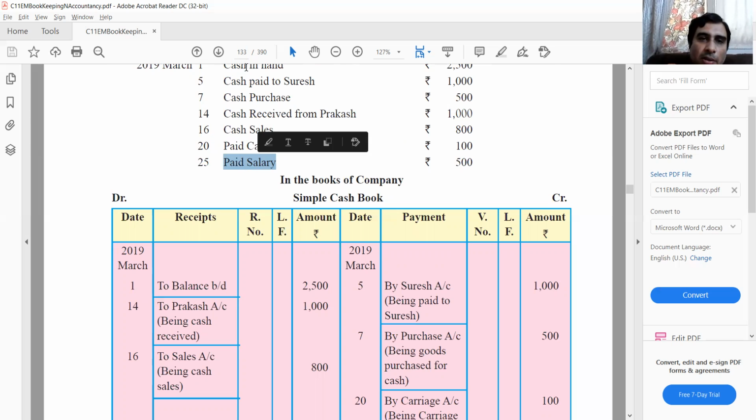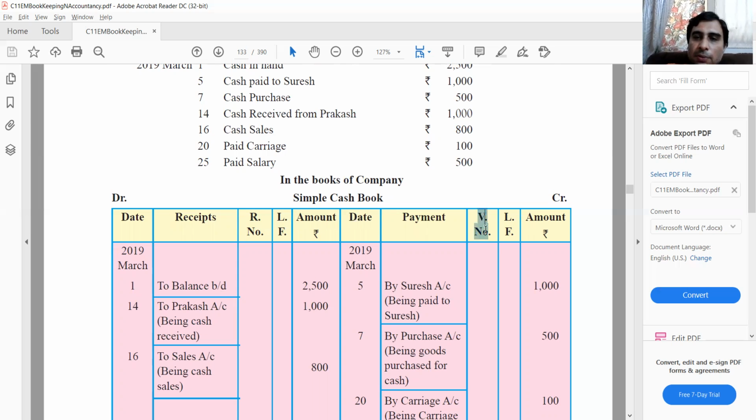So you quickly classify whether these entries will come on the left side or the right side, and then you write them down with a little bit of narration and the amount. These columns are practically empty right now. Ledger folio and receipt number, voucher number. In a practical environment, you will actually fill in these columns. In fact, it is on the basis of the receipt book that the entries will be made, and on the